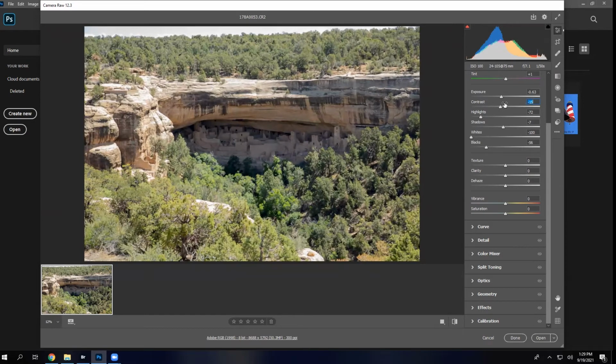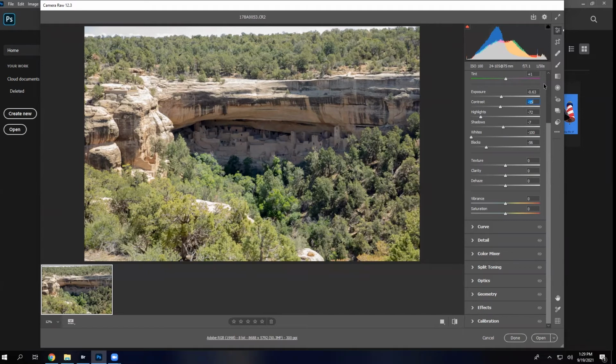This is Mesa Verde National Park in southwest Colorado. Nicole and I were helping one of our kids move to Phoenix, and then on the way back decided we were gonna get a couple of fun things. But we needed to get home, didn't have a lot of time. So you can see,